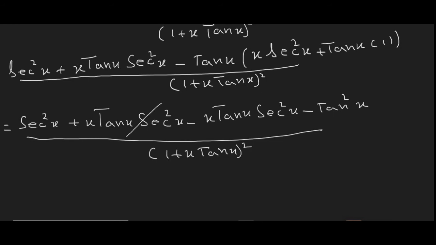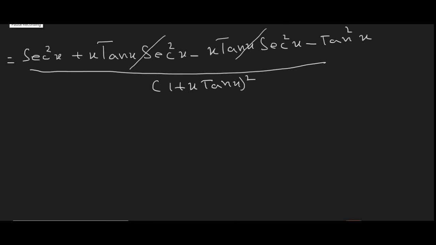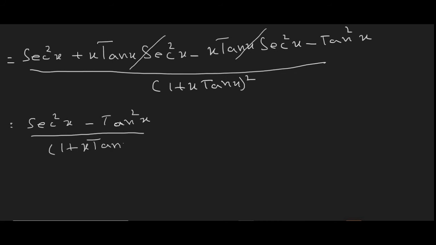Now this term and this term cancel, so we get secant square x minus tangent square x, this is tangent square x, whole divided by 1 plus x tangent x